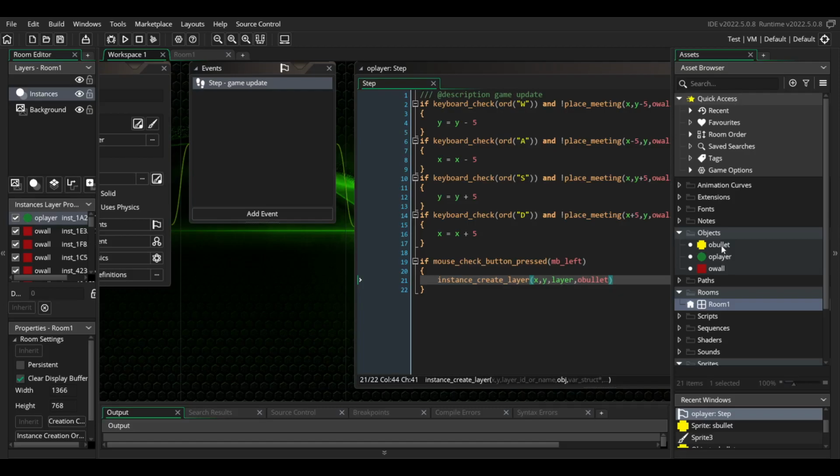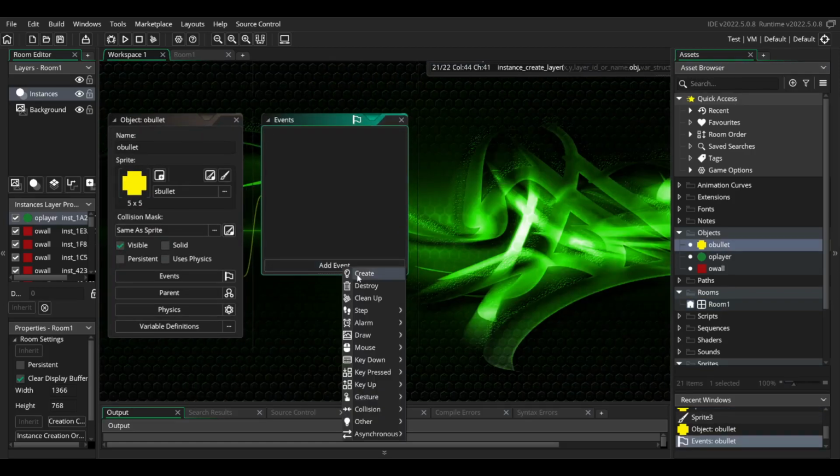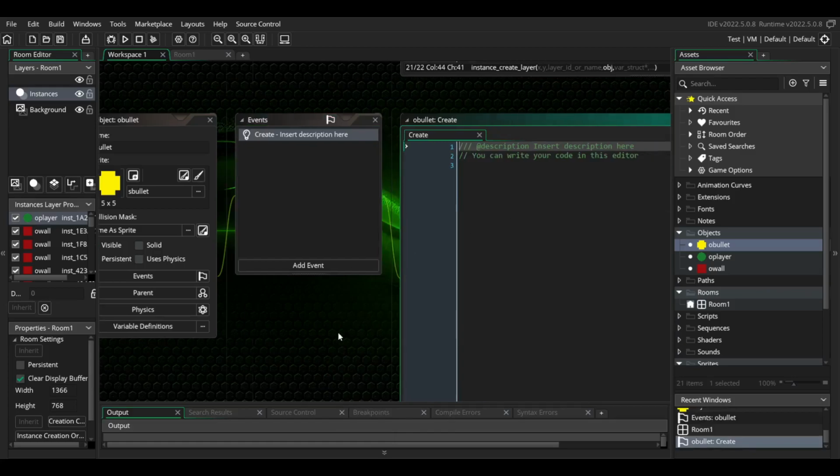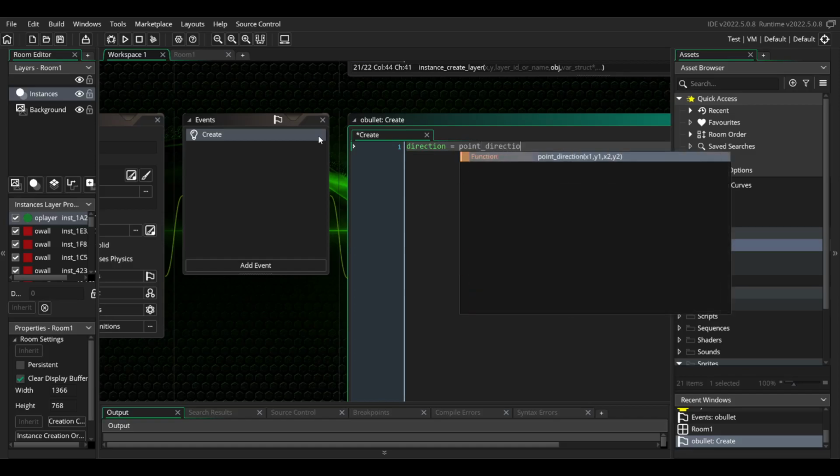So let's go into our bullet object, and let's say when you're created, we want to set a direction and speed. So let's say direction equals, not sure if I've taught you this one yet or not, point direction,